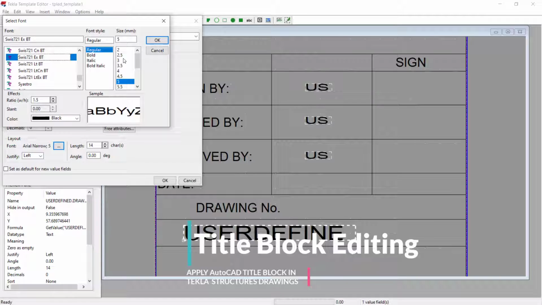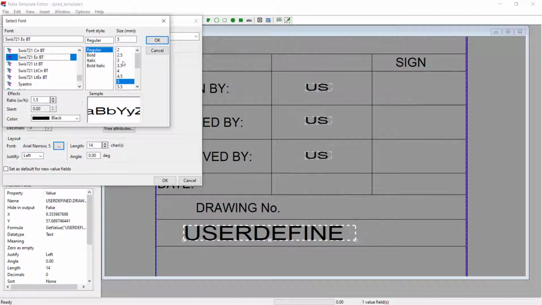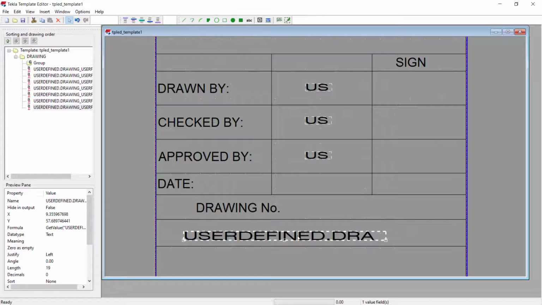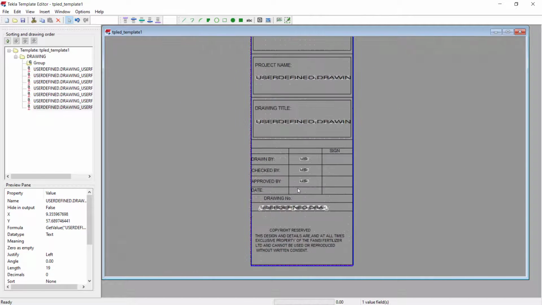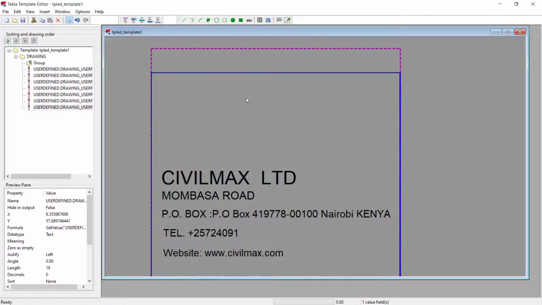The drawing number will need a bigger text height, so you might apply 3. Click that, and you can increase the text length, and that's okay. So that position is okay, and the next thing we will not forget